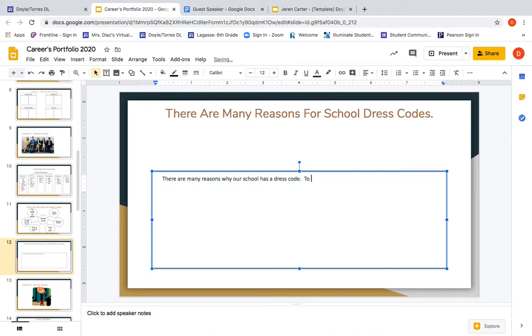So I'm going to start with a beginning transition. To begin with, comma, always after our transitions. To begin with, having a dress code can keep us safe. And remember I talked about a detail behind each of our reasons. We can elaborate, or talk more, about how a dress code can keep us safe. It can keep us safe